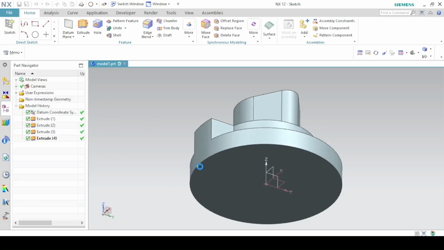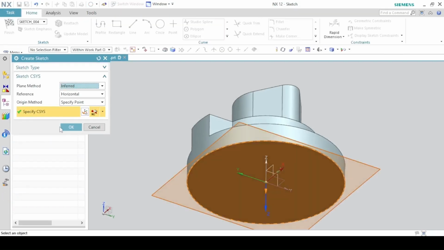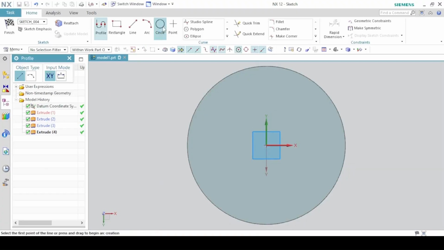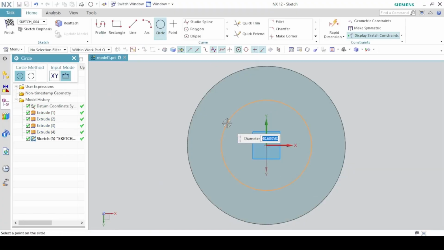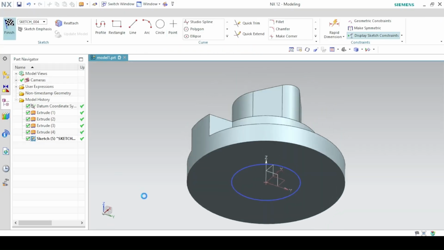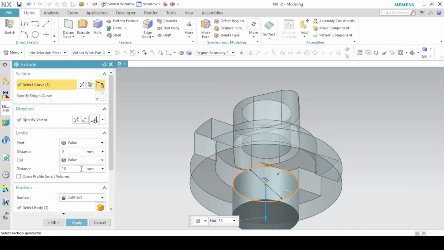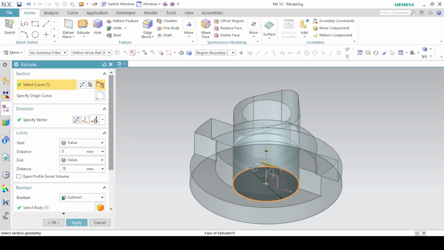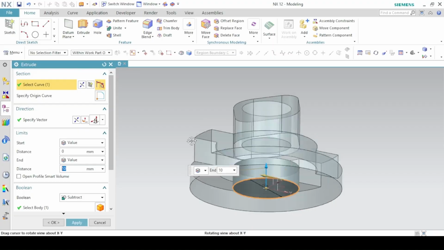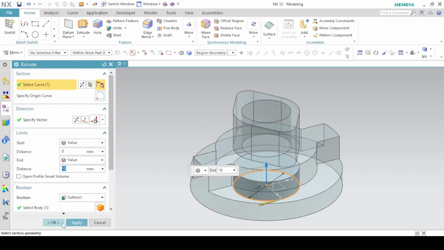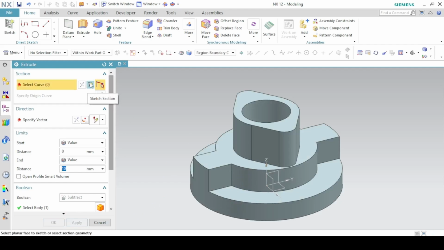So the sketch section, click on this face. Okay. A circle of diameter 31. Finish. Reverse the direction for it to go inside, and then the height is 10 or the depth is 10. Apply. And the last cut,